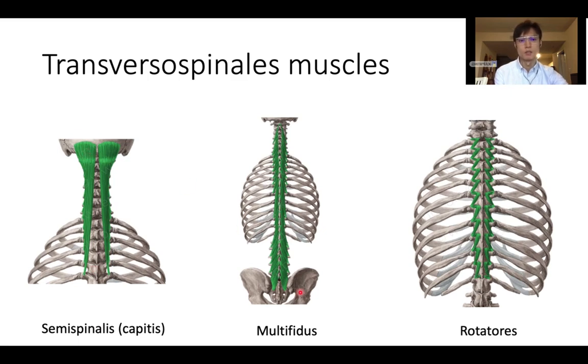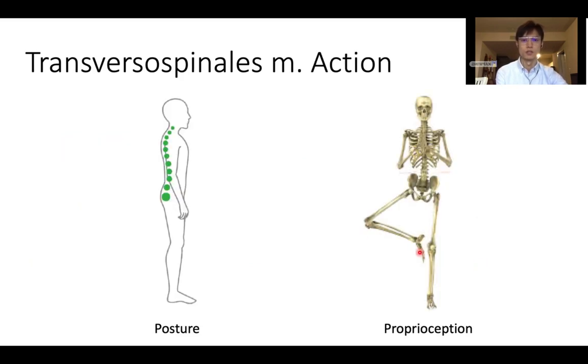And the multifidus muscle is mainly located in the lower back. They arise from the sacrum and attach to the spinous processes about 2 to 4 levels superiorly. And the rotatores muscles arise from the transverse process and attach to the spinous process 1 or 2 vertebral levels above. The actions of the transversospinalis muscle is mainly to maintain posture, although it also aids in the lateral rotations